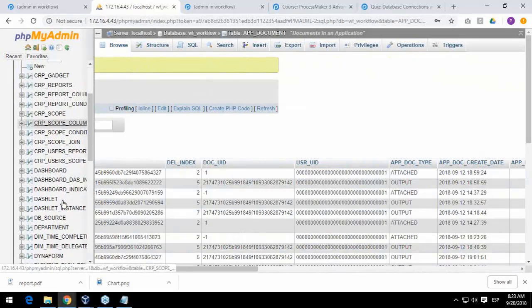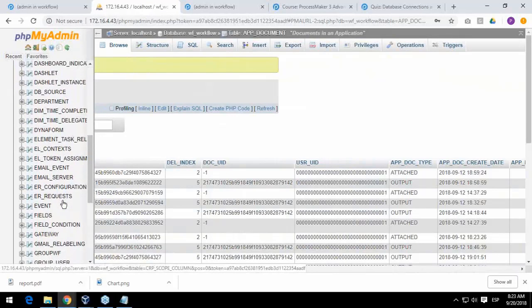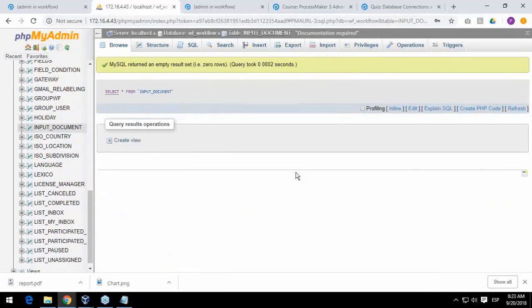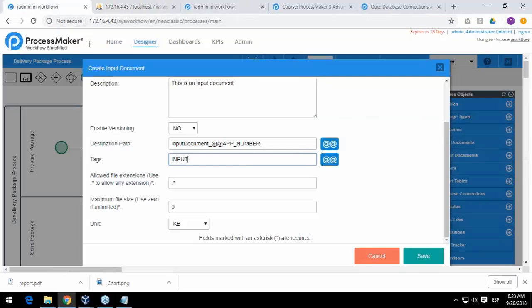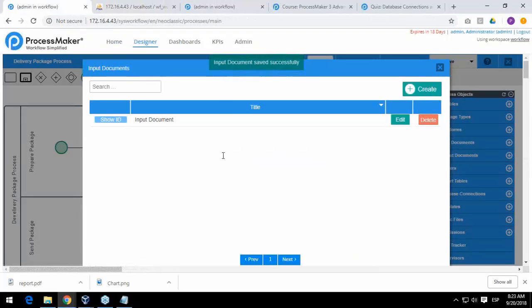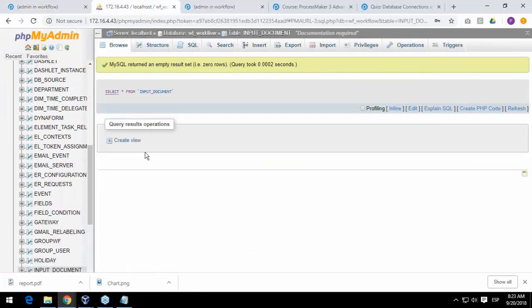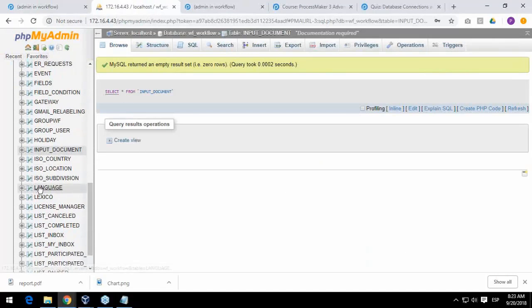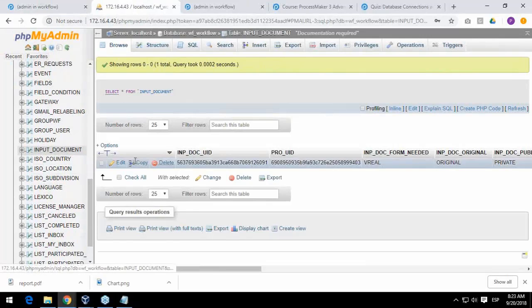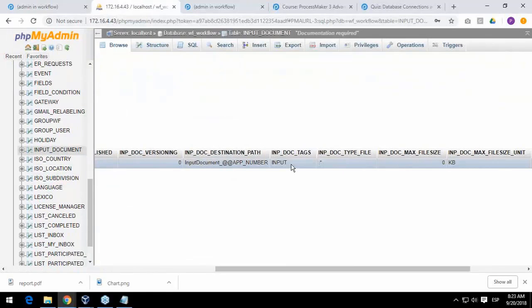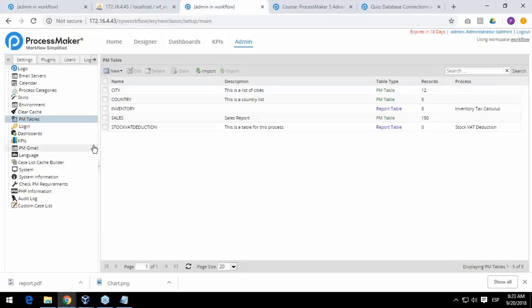So you can find here, for instance, the input document files. I don't have any one. But if I save this and refresh everything here, you're going to find that the tag is going to be important if I need to search in my database that file. Okay, that's why I use a tag. Now,